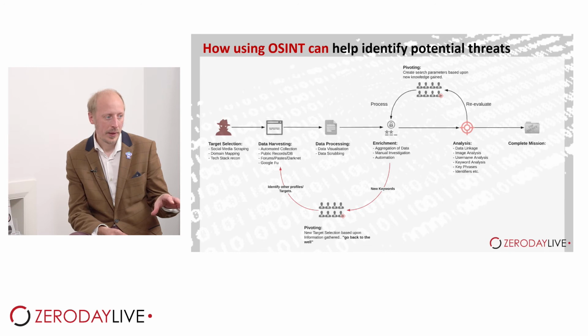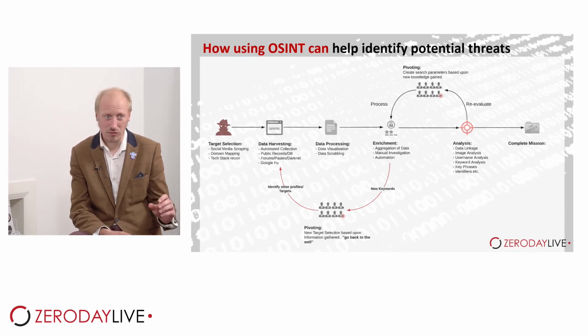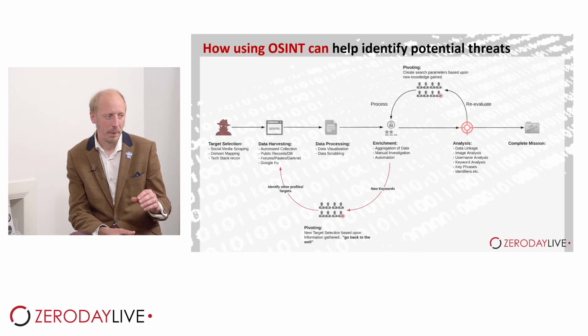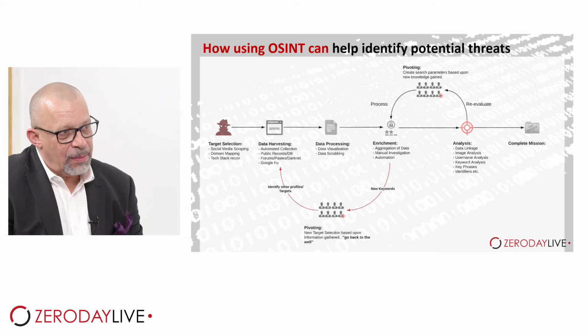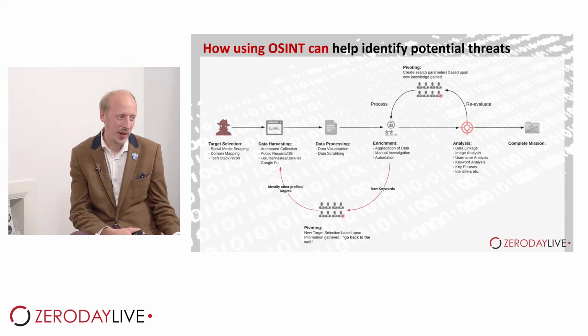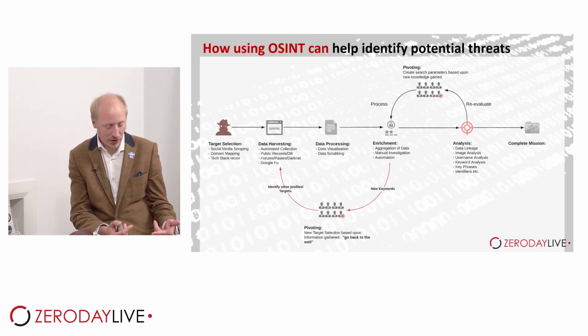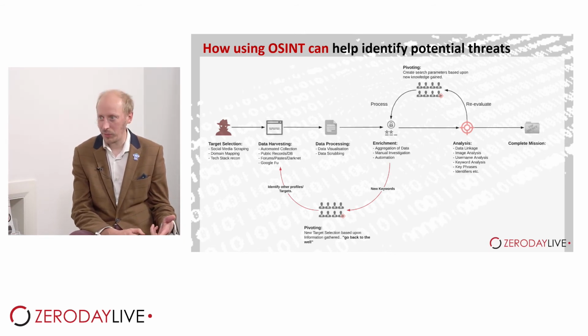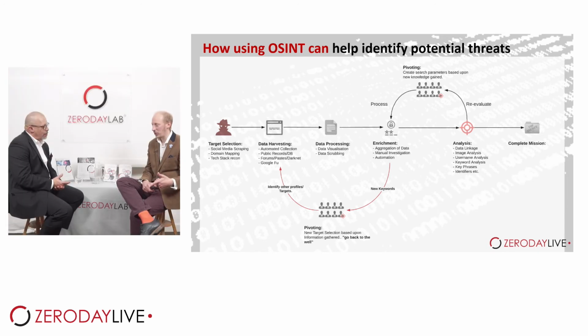But ultimately, for me, Google Foo, in terms of doing Google dorking and things like this, is really, really important. That's really important in any case, because you'll find what you need at a high level. Then we start talking about the kind of public records and databases and things like this, and data processing. So there's two parts to that. You've got data scrubbing out the data I don't really need, or contextualizing that data, and then also visualization. Actually understanding, visualizing data is quite important, right, to be able to make decisions on it.